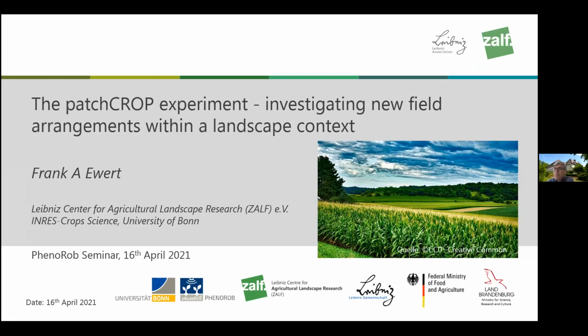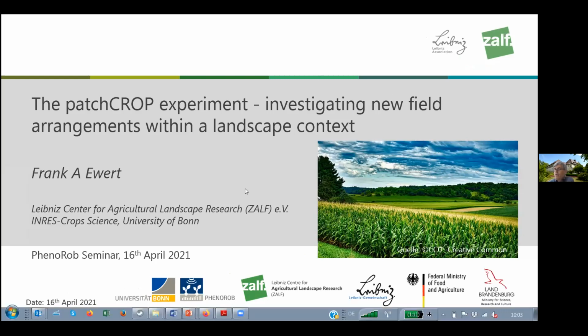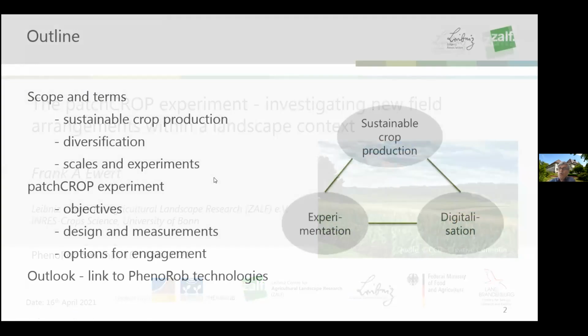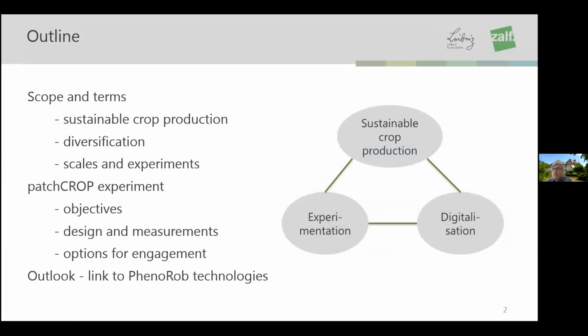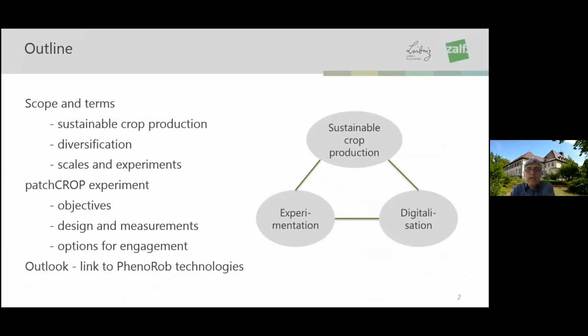I will pretty much focus on describing an experiment, although I will give some background information regarding the concept of sustainable crop production, regarding the idea of diversification. Terms like scales come up, the link to experimental work. The right icons sort of indicate the triangle of the key, let's say, perspectives that I would take in that